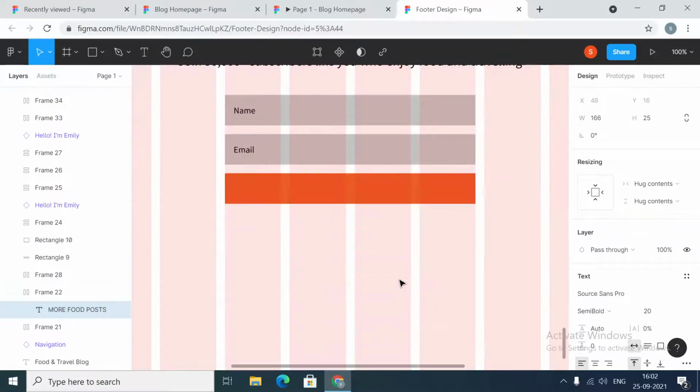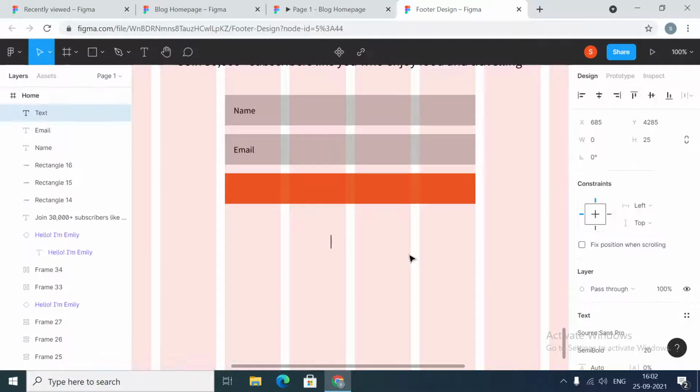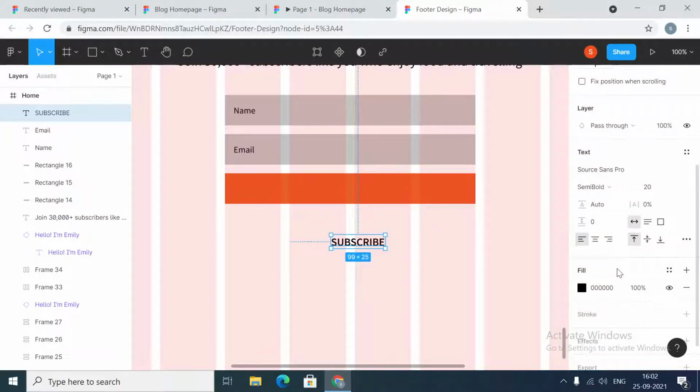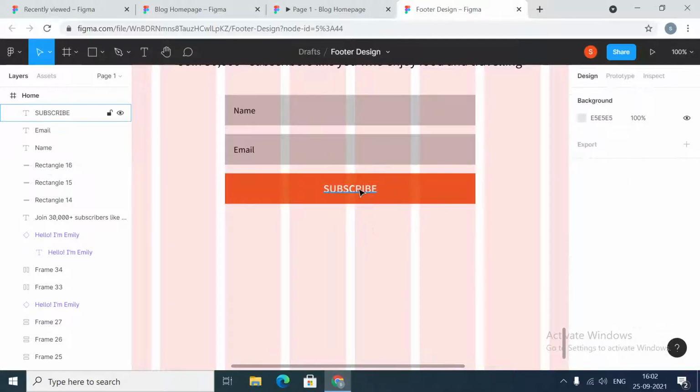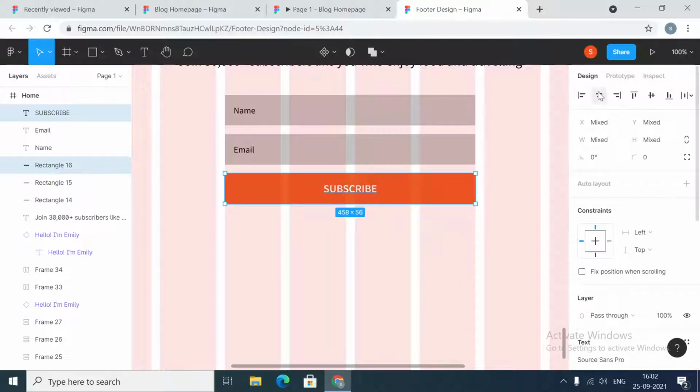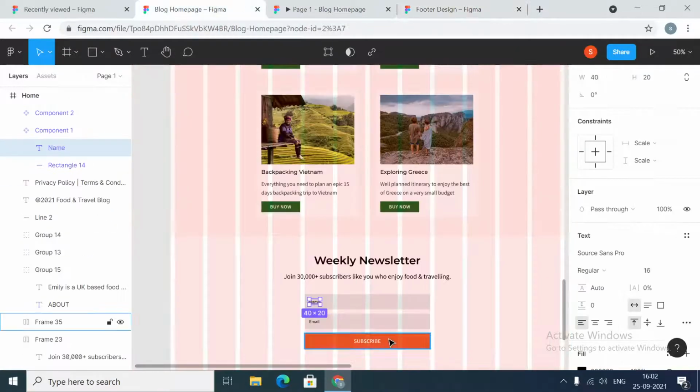We could have copy pasted that same button over here, but anyways, semi-bold 20, and the color will be white. Okay, cool. Alright, so this is done. Now what we are going to do is